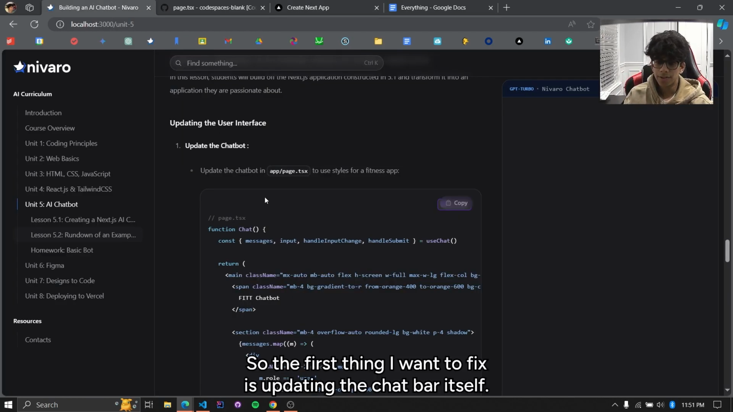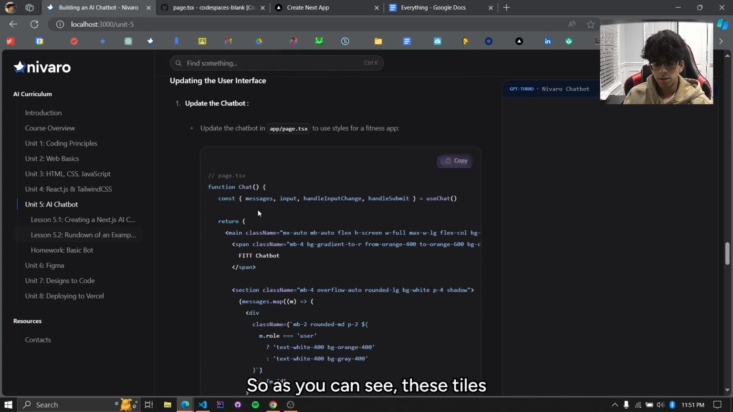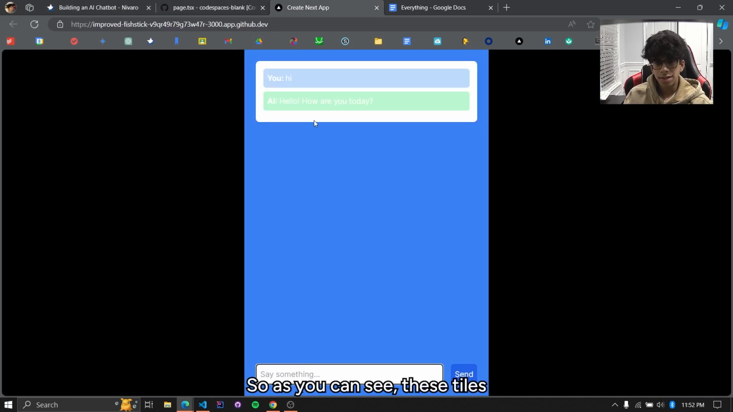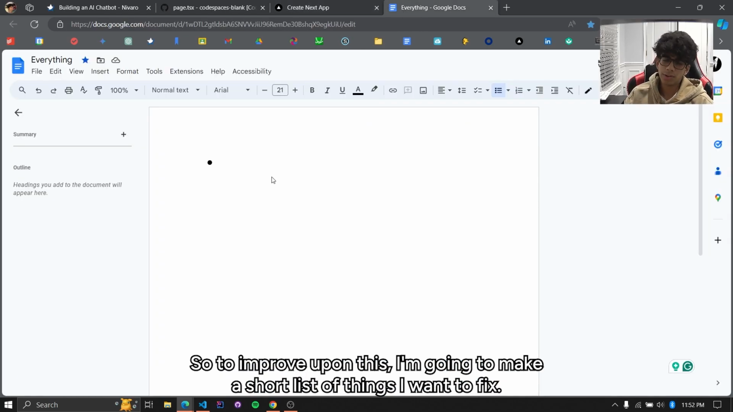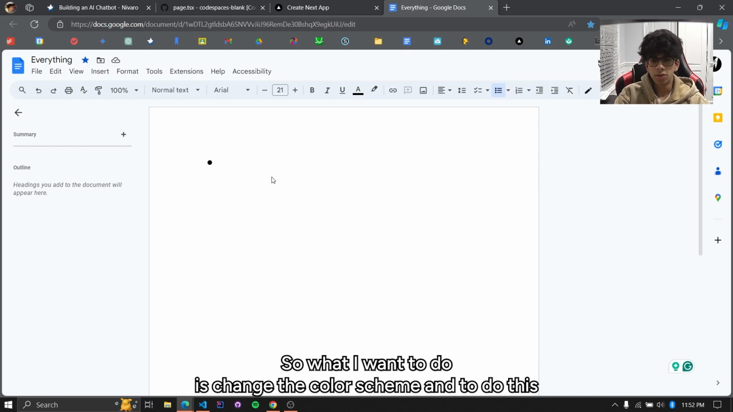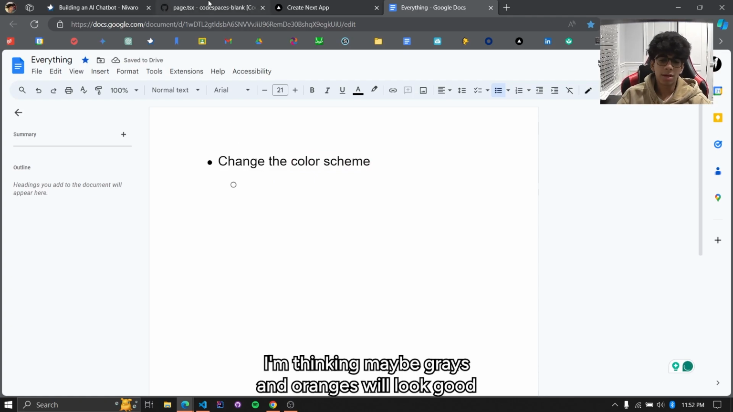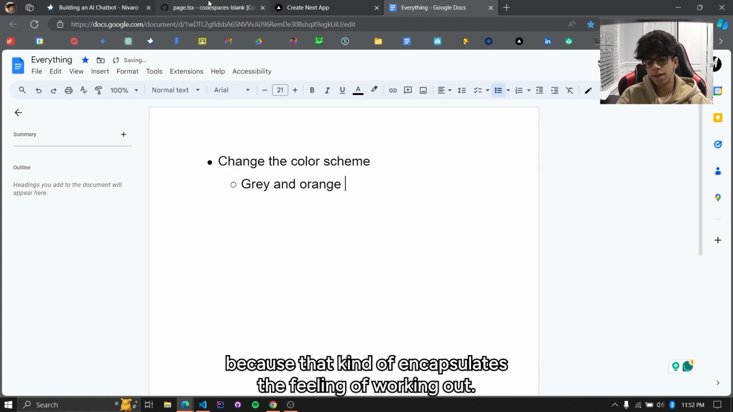So the first thing I want to fix is updating the chatbot itself. As you can see, these styles having light blues, that doesn't really scream fitness. So to improve upon this, I'm gonna make a short list of things I want to fix. What I want to do is change the color scheme. And to do this, I'm thinking maybe grays and oranges would look good because that kind of encapsulates the feeling